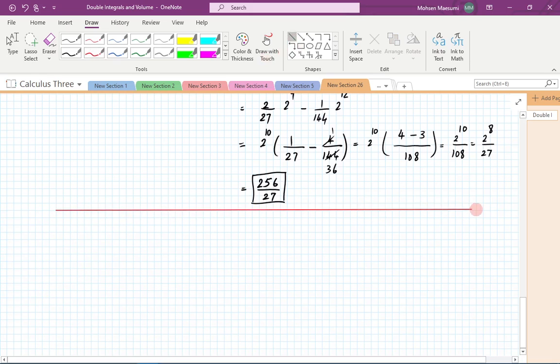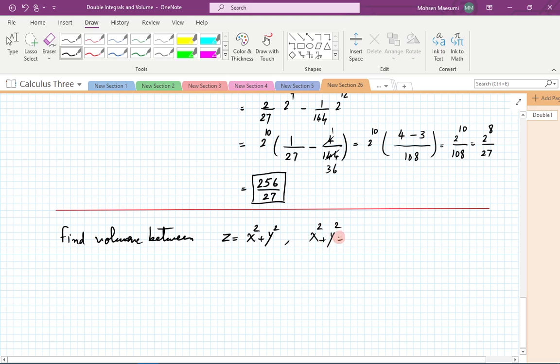So sometimes the problem is stated kind of verbally: find a volume between several surfaces. z is equal to x squared plus y squared, x squared plus y squared equal to 4, and z equal to 0. This is a relatively simple problem, because all the surfaces are the ones we have encountered